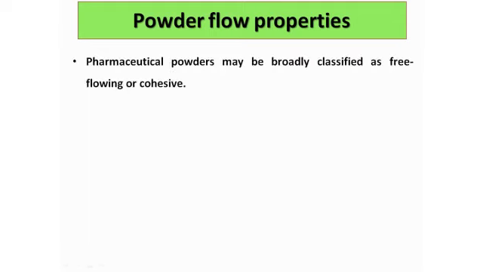So, powder flow properties. In this topic, we have to consider a few things. Pharmaceutical powders are basically classified as either free flowing powder or cohesive powder. The free flowing powder used to flow freely. Whenever you allow this powder to flow through any channel, any cylinder, any pipe, it will flow freely. But there is one more class of powder known as the cohesive powder. They generally try to form granules, or you can say they agglomerate, and they generally hinder the flowability of the powder.